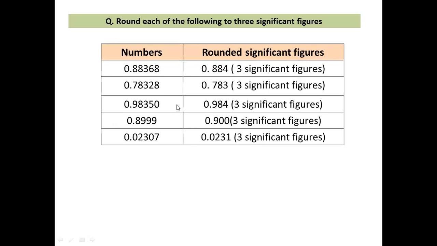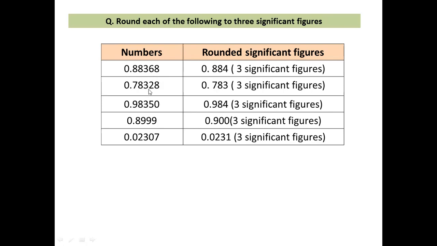And then rounding off is another point, for example, how to round off significant figures. Here you see these are the 2 digits. See the third digit, and if after that third digit the fourth digit is more than 5, then it will be rounded by adding 1 to the third digit, that is 884. If the fourth digit is less than 5, for example 2 or 1 instead of 6, it will not be rounded up. It will be rounded off as 883, not as 884. So this is the rule of rounding off.